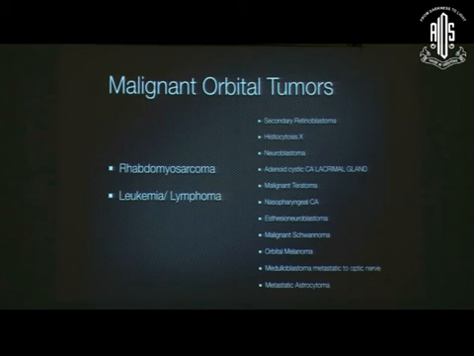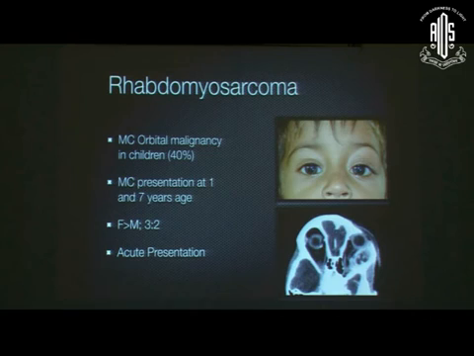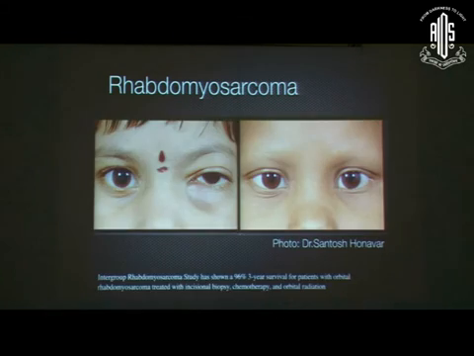Moving to the most important malignant orbital tumors, rhabdomyosarcoma and leukemia. These are the two which should be kept on the top of the list. Rhabdomyosarcoma is the most common orbital malignancy in children, and the most common presentation is at 1 year and 7 years of age. Sometimes they can even have an acute inflammatory kind of presentation. This is one of Dr. Santosh's patients who responded beautifully to a multimodal